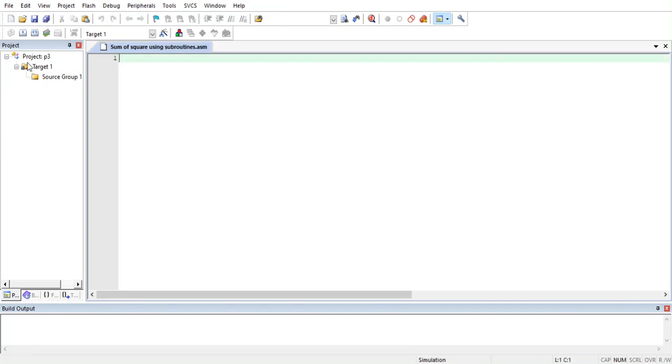So we'll save it as a .asm file, and we'll add this .asm file to the source group. So we can select file types from there, and then you can see sum of squares file comes up. So let's add it over here. Now we can see this added over here.